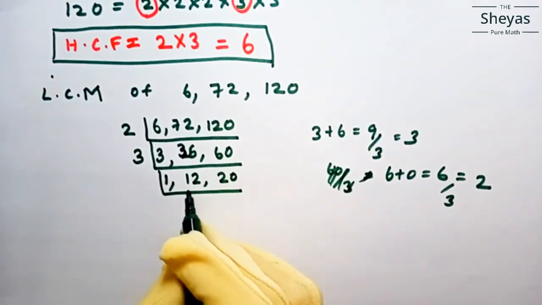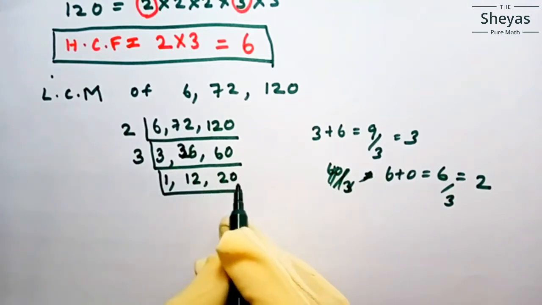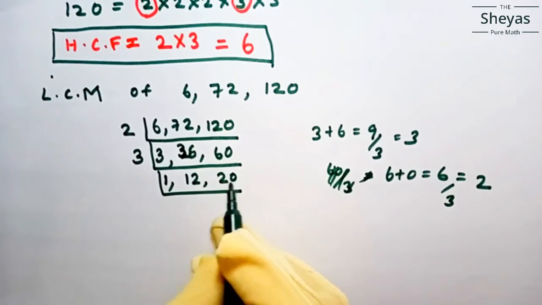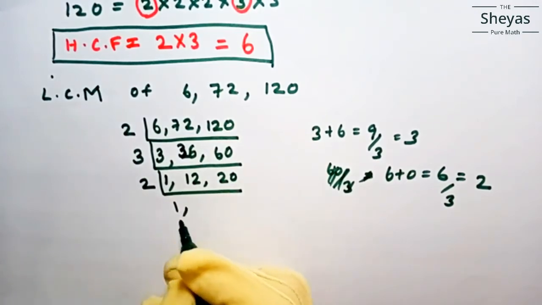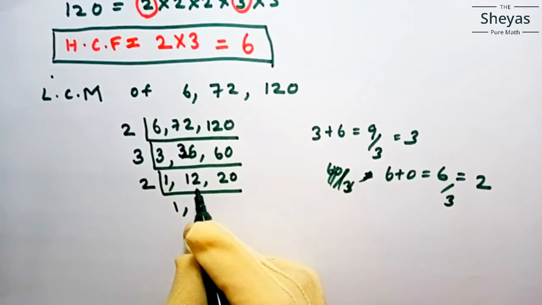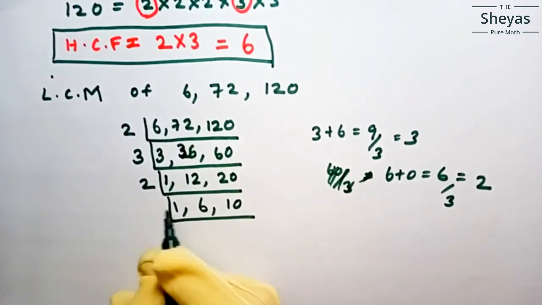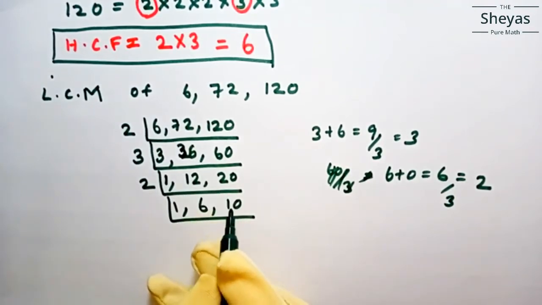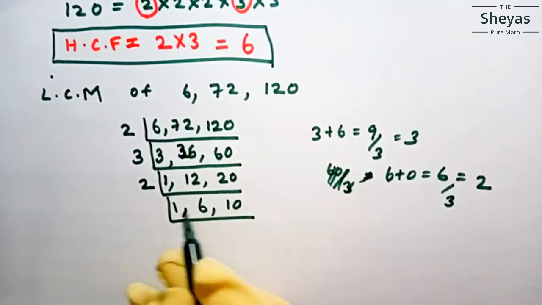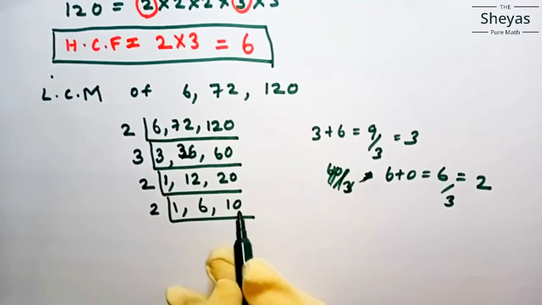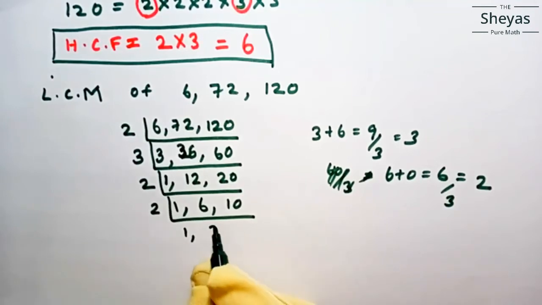Now here we got 1 here. So the next step is we have to find the common factors of these two. Just see which is the common factor of 12 and 20. We can take 2. Keep this one as such. Then 6 2s are 12. 1 2s are 2, then 10. 1 2s are 2, then 0. So 10 into 2, 20. Now here again 2 is the common factor for 6 and 10. So keep this one as such. 3. Then 5 2s are 10.